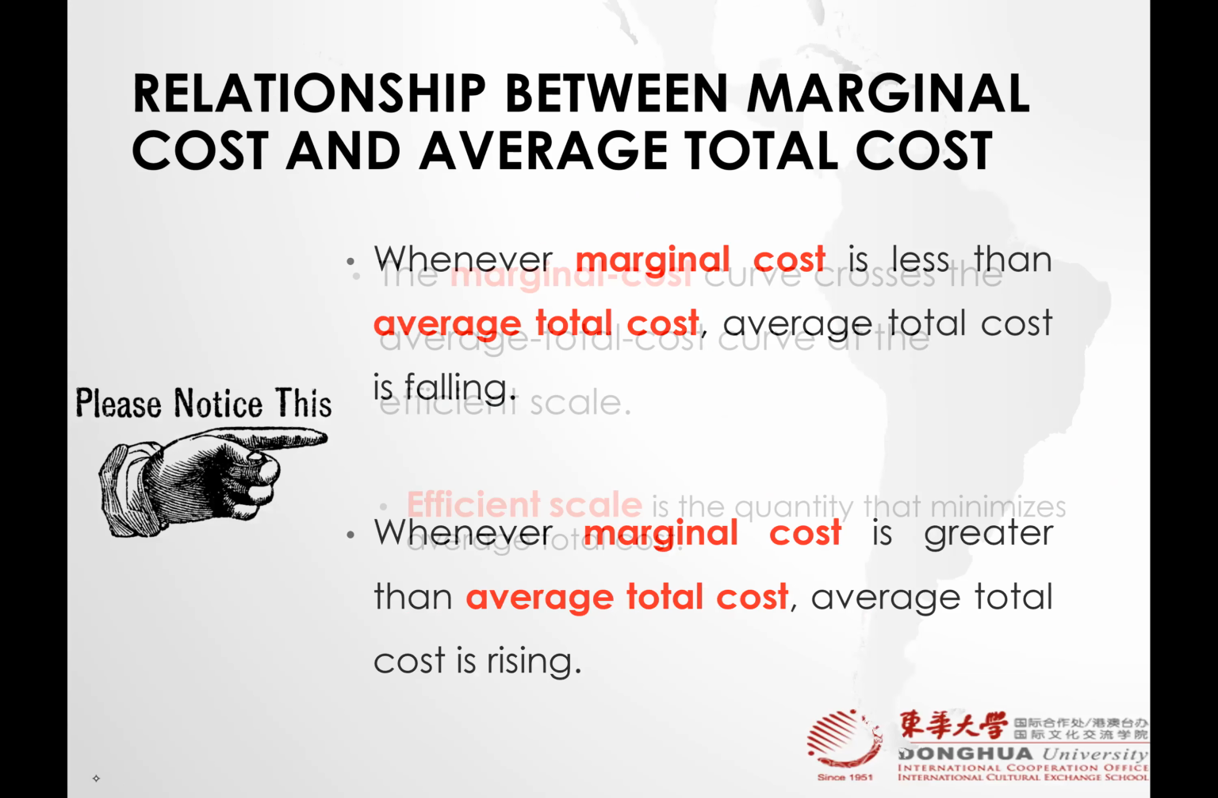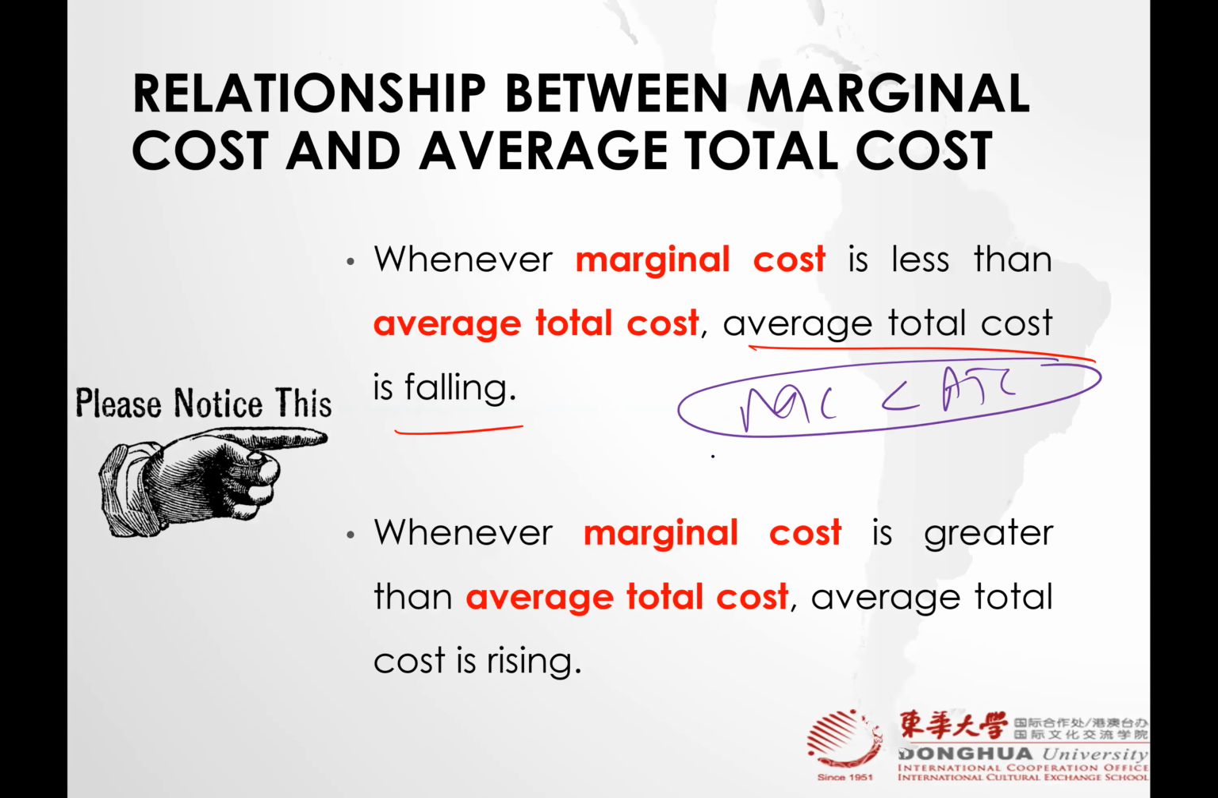Here we go. Whenever marginal cost is less than the every total cost, which means MC is less than ATC, we know that, sorry,